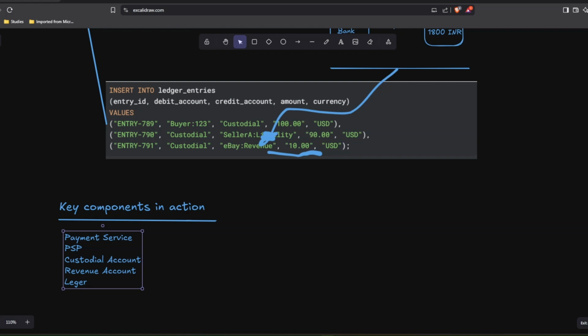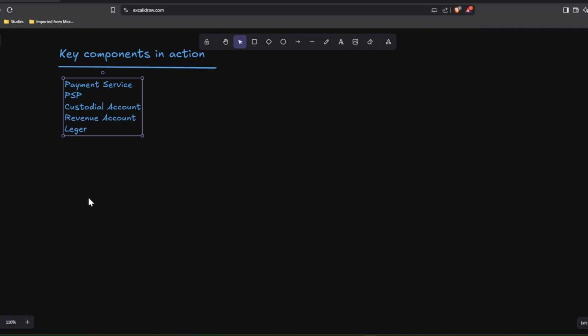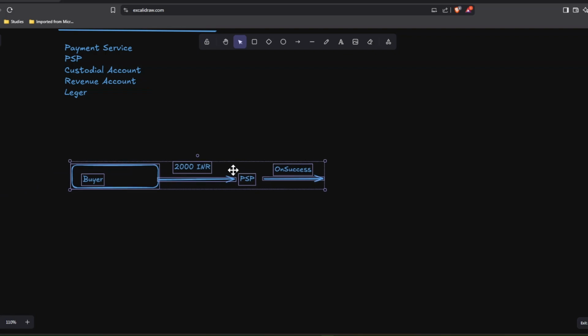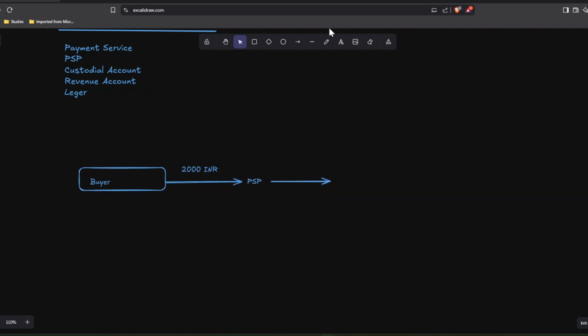So now let's do a little bit more deep dive into our main payment service. Okay, so now that we have this buyer and we have this PSP in place, after PSP, if I just take these two components like buyer, okay, so before going into the on success, there is always something called risk check service being run. Okay,